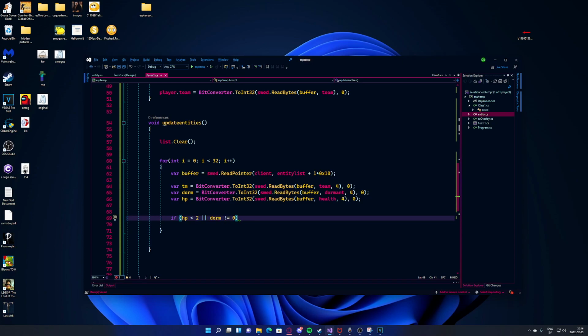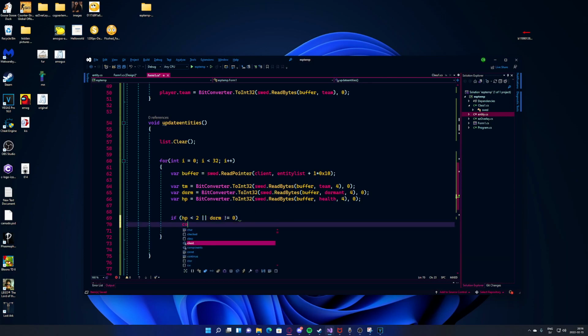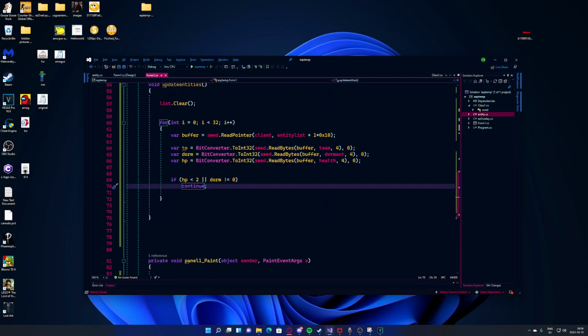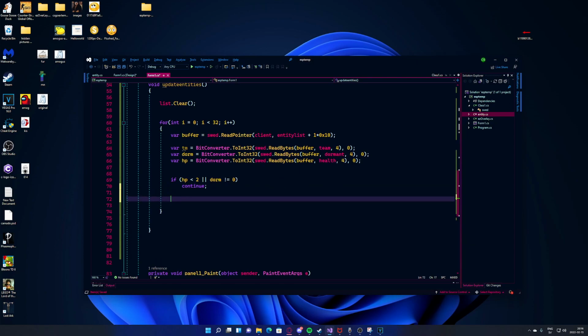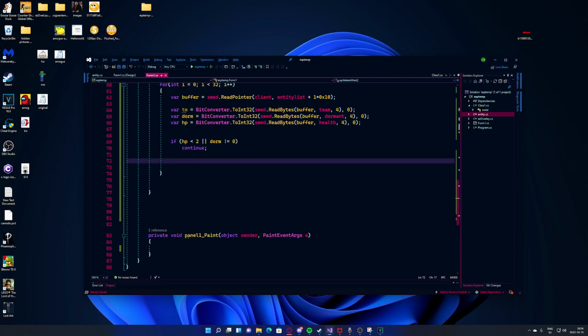If he isn't dormant, we continue the loop. So we filter out the ones that we don't want to read and go to the next entity in the list. So if we want to continue reading the information of this entity, we get the coordinates,